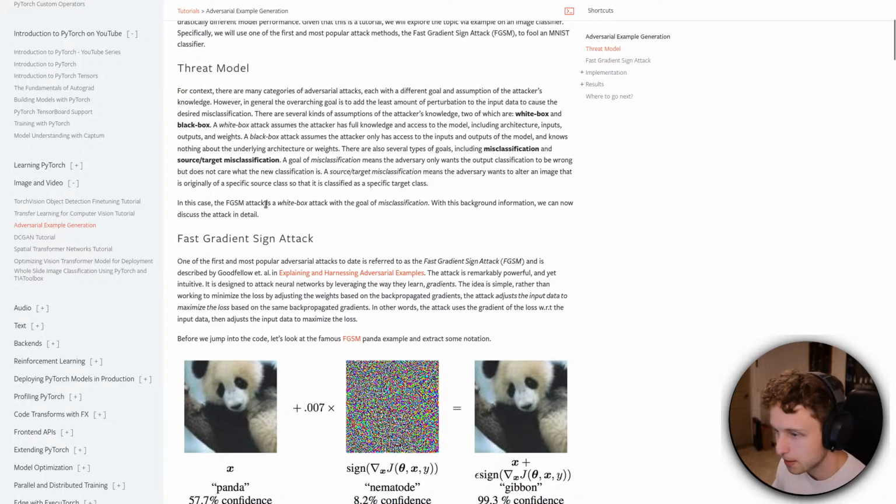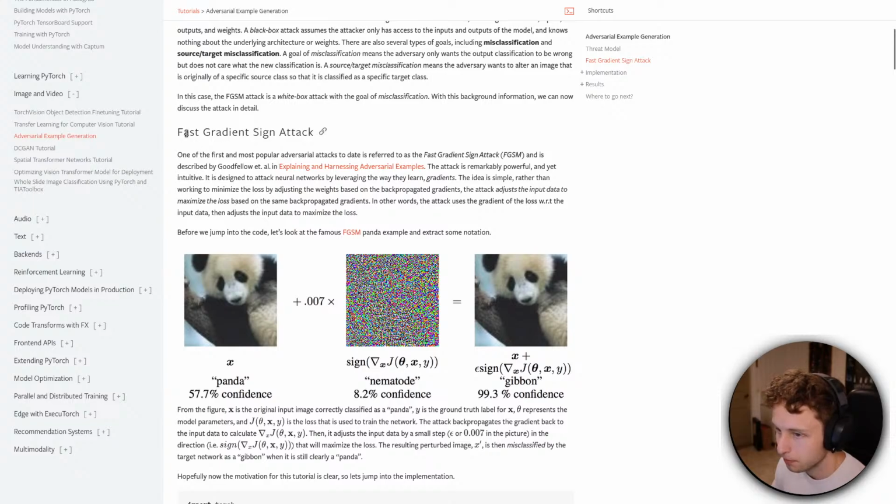In this case, the FGSM attack is a white box attack with the goal of misclassification. With this background information, we can now discuss the attack in detail. So we have the fast gradient sign attack, one of the first and most popular adversarial